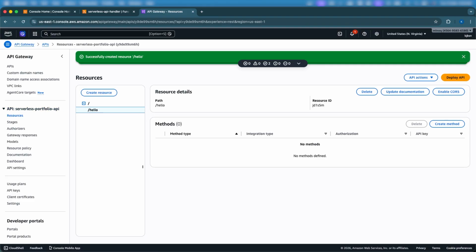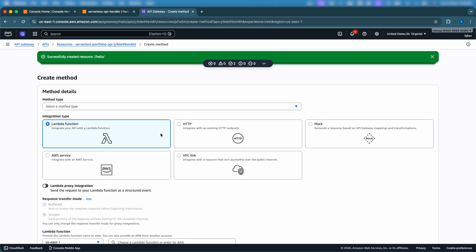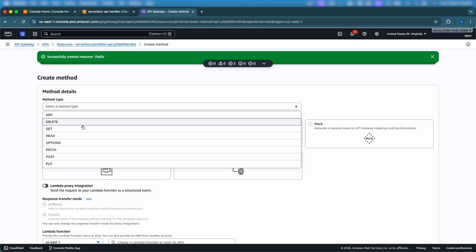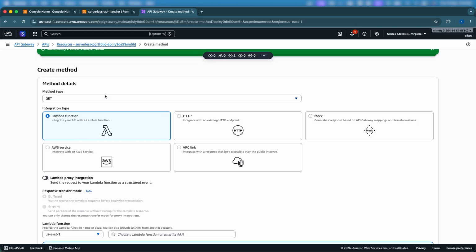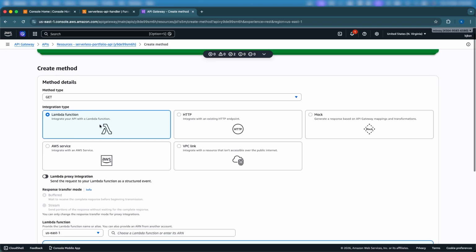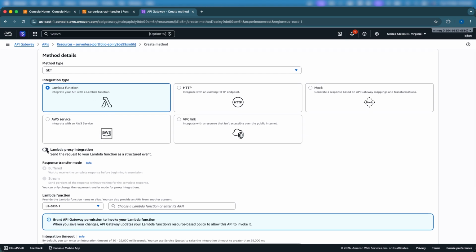Now under the resource, I'm going to create a method. So the first method I'm going to create is going to be a GET method. So what I'll do is I'll click on my hello. Please pay attention to this resource, and then I'll click on create method. Then the method type for this is going to be a GET method, as we tested with the Lambda function. And the integration type is going to be a Lambda function. Then I'm going to enable